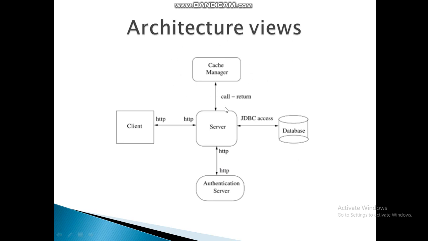The main purpose of the cache manager: data is sometimes stored multiple times, which generates redundancy. Redundancy means the same data is stored multiple times. The cache manager is used to avoid redundancy. So, for example, we are considering the college feedback example. Students send feedback to the online feedback server.